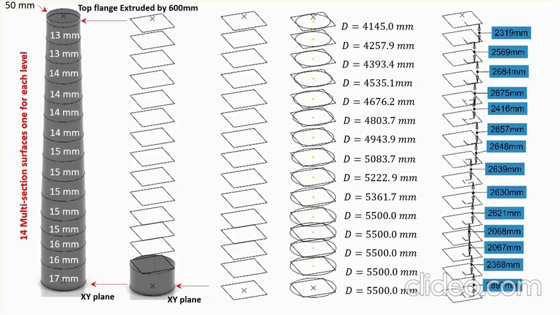Okay, before we actually go to the 3D experience interface and model these things, you see on the left side, I have also indicated in the slide the thicknesses of these 14 sections, levels that I have created. Now, the very top one, that extruded surface on the top, is not a multi-section surface. Generally, this surface is just extruded. The thickness is 50 millimeters. Okay, let's go ahead and